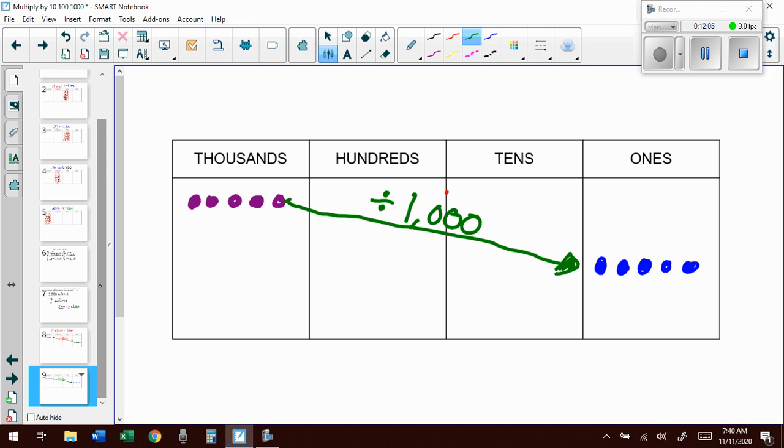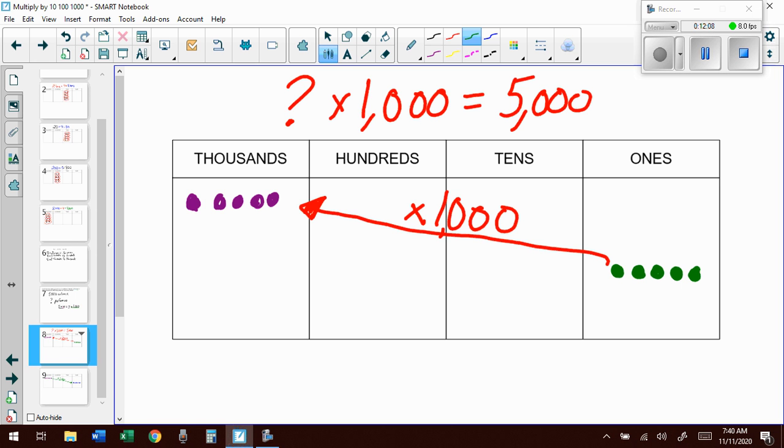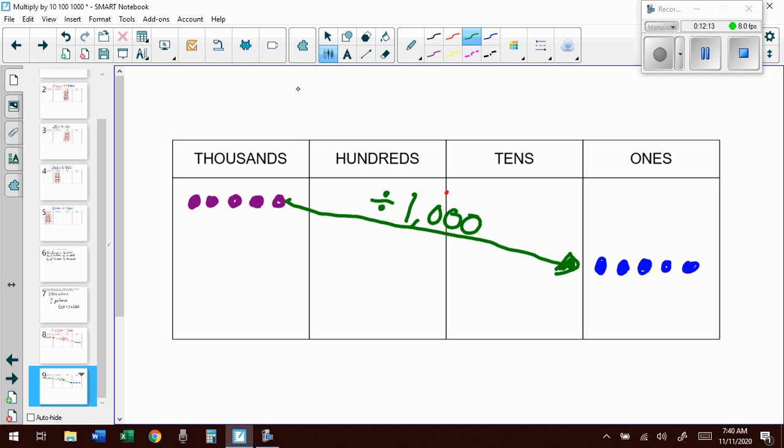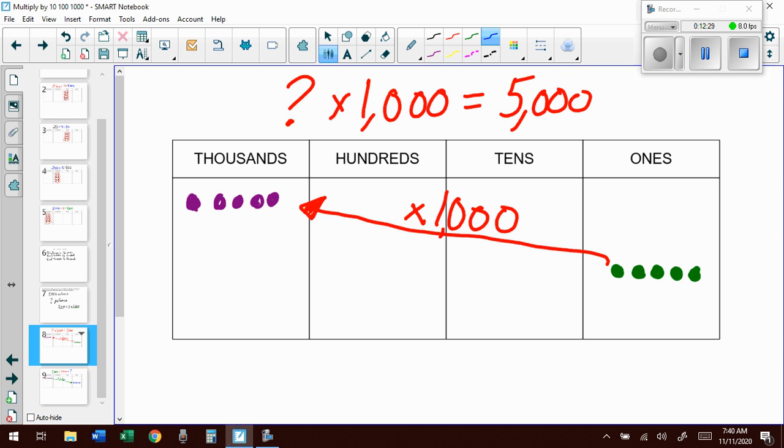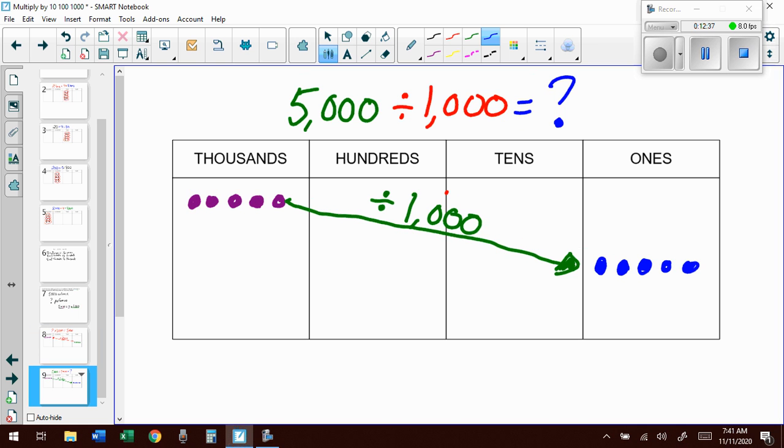So I have what times 1,000 equals 5,000. And here I have 5,000 divided by 1,000 equals what? So here, what times 1,000 equals 5,000? I went up across place values. I go down here, 5,000 divided by 1,000. I went down across place values. In review,